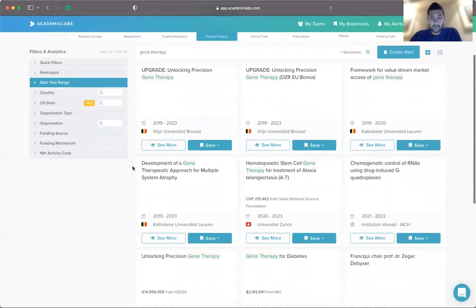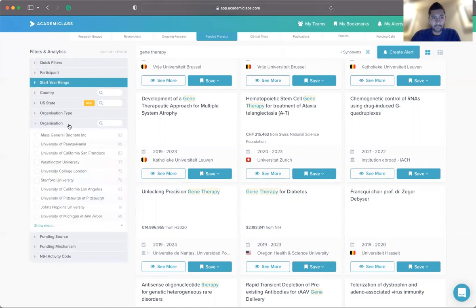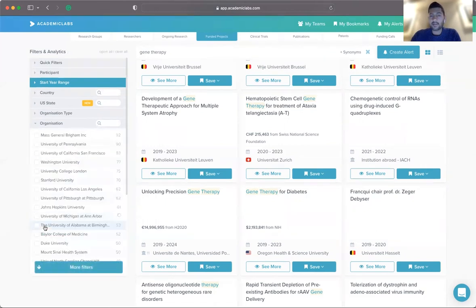You can also scroll here and see most of the projects are ongoing. So you have a clear up-to-date overview on anything that is happening on your topic. You can also see here in the organization section, all the companies and universities that have been getting funded on your topic recently.